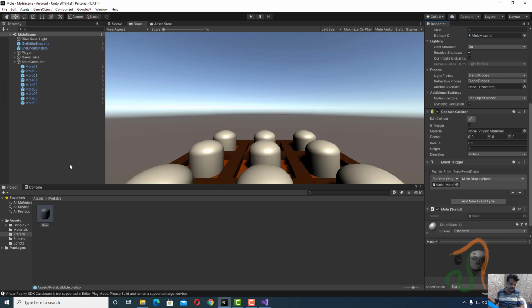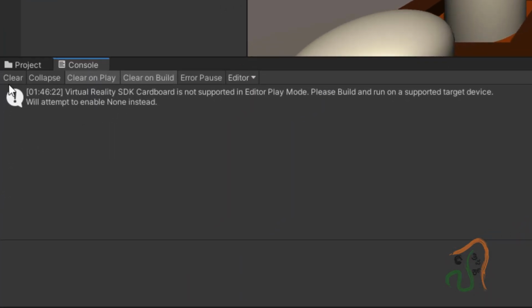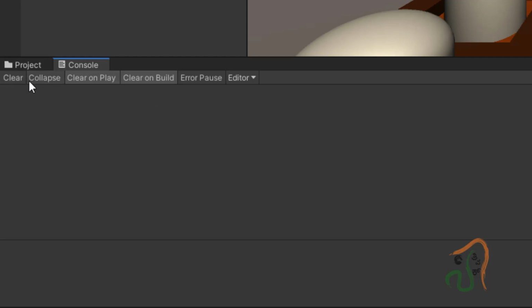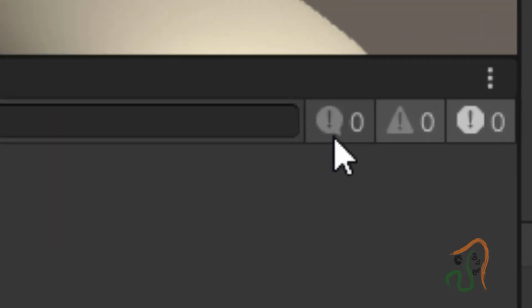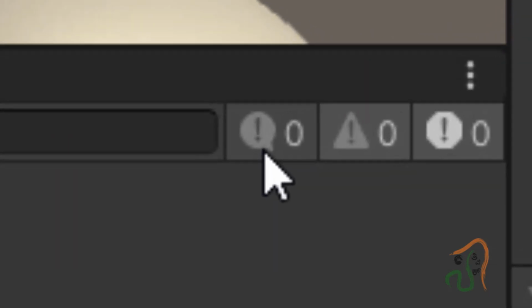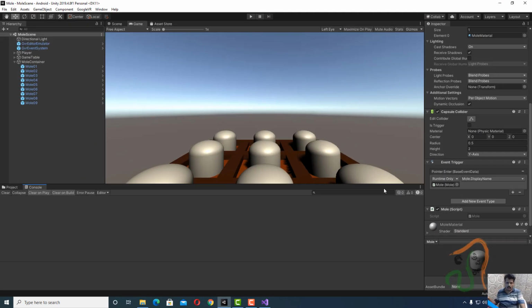So after saving it, now come to the console window, and in the console window click on the clear button, and here you have the buttons. The first is the message window and the second is the warning window. So let us switch off warning and switch on the other window, that is the message window. Now with only the message window on, click the play button, and when you click the play button, you can see one default message has appeared.